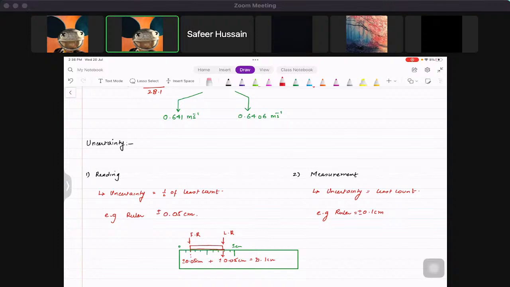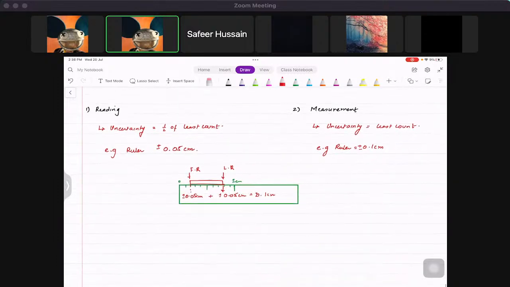So, going on to the next thing then. You guys should basically remember that this is about the instrument. We can read it, we can measure it, we know the least count, so we know the uncertainty is half the least count, or full the least count, in measurement. But what if there are a number of values? So for example,